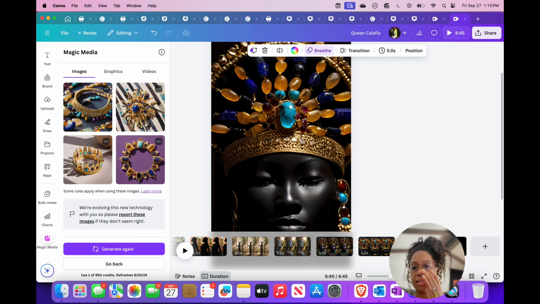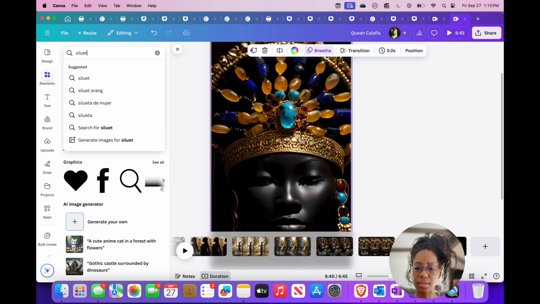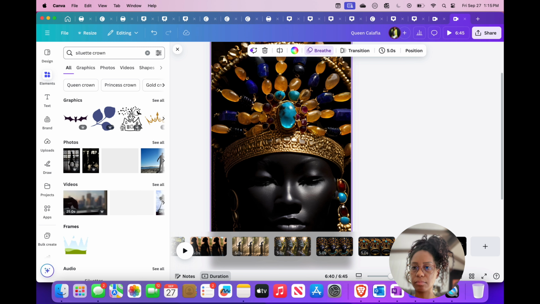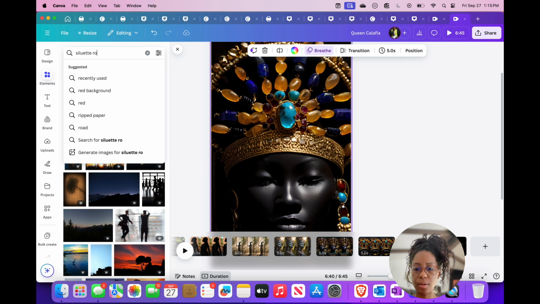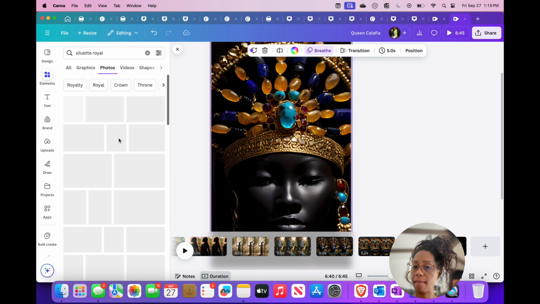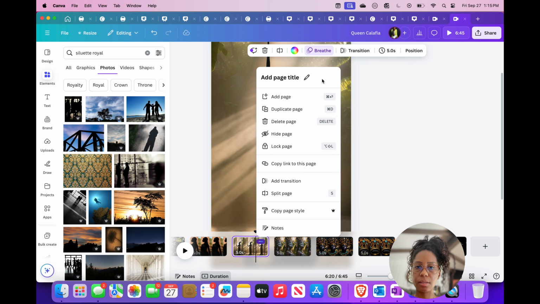Okay, that's fine. These are not hitting the mark. Let's try not Magic Media. Let's actually just try elements. Silhouette crown. So what royal? You know what? That's okay. I feel like this might be the silhouette. And then